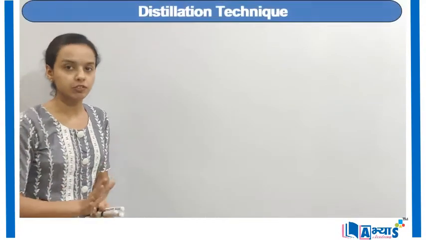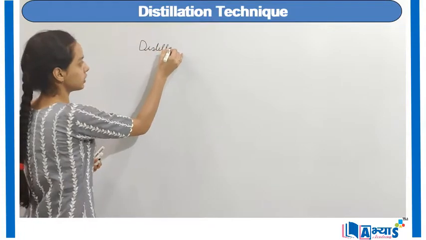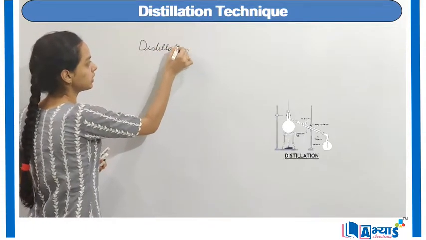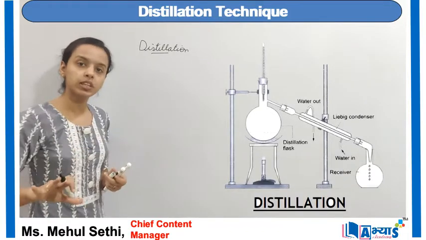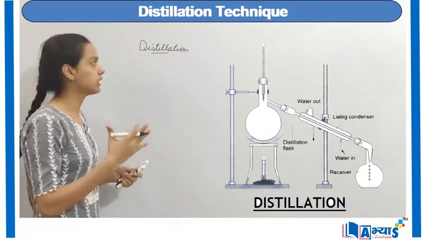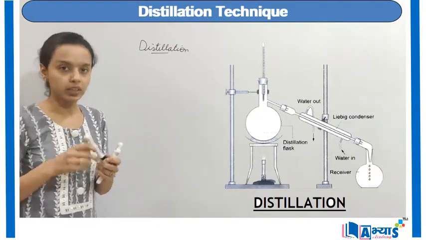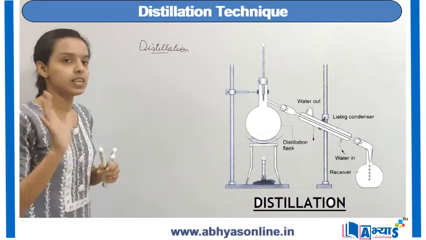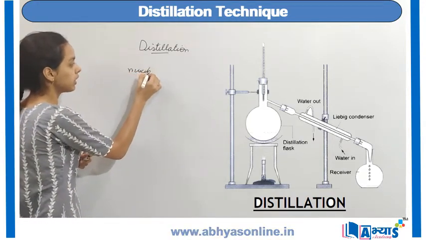Distillation is used for both purification and separation. Basically, this method can be used for purification of a liquid by removing the solid particles. Sometimes it is also known as the separation of a liquid from a solid. But the most important thing to know here is that distillation can also be done to separate two miscible liquids.